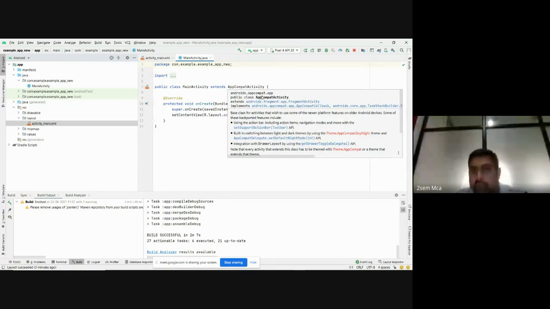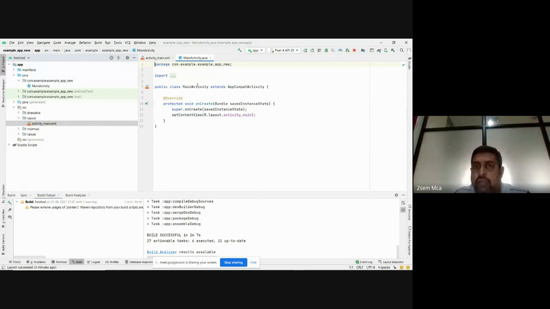You can see here androidx.appcompat.app. This is a public class which extends this. So whatever is there about the app details, everything, some inbuilt functions. Now we are extending our MainActivity class with this particular AppCompatActivity class,